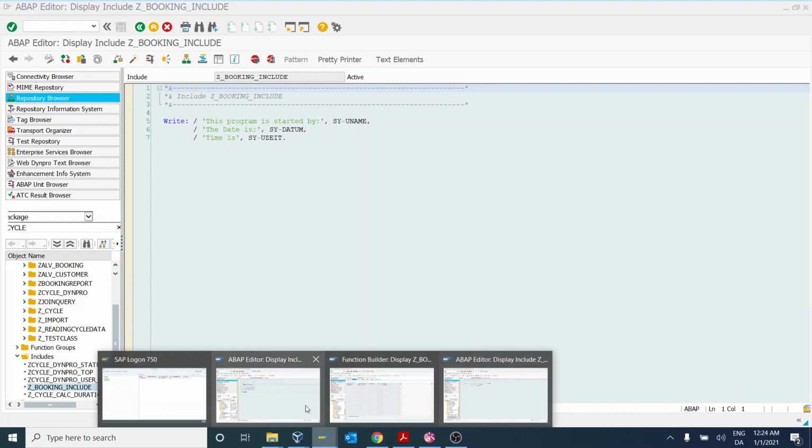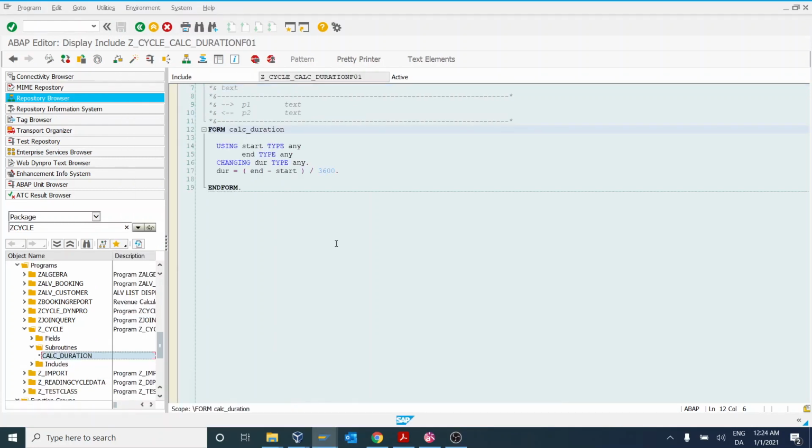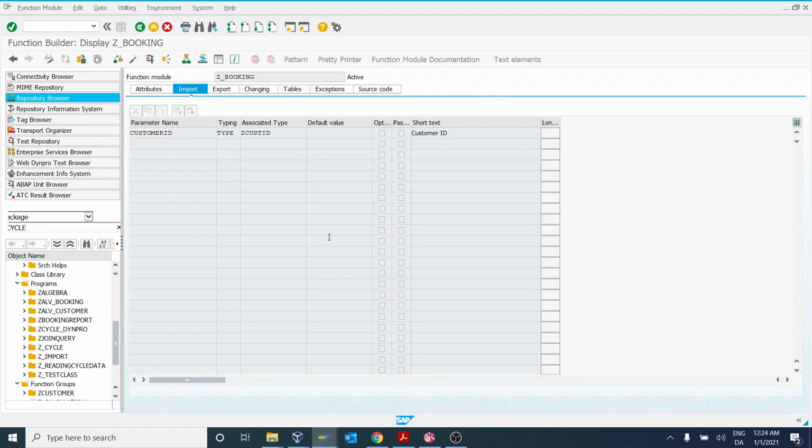A subroutine is a block of code that we need to use in a program and that is parameterized. Suppose we have an end and a start as parameters that we use to calculate duration. The third module is the function module. Function modules are subprograms with import and export parameters. We have created a function to get data